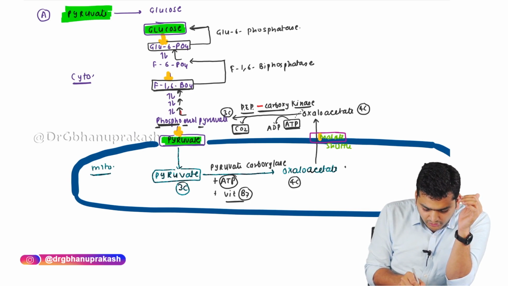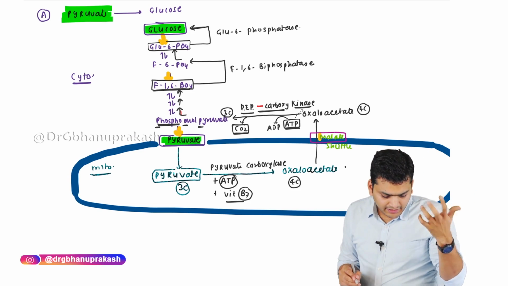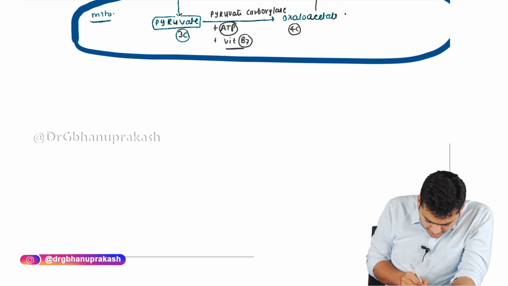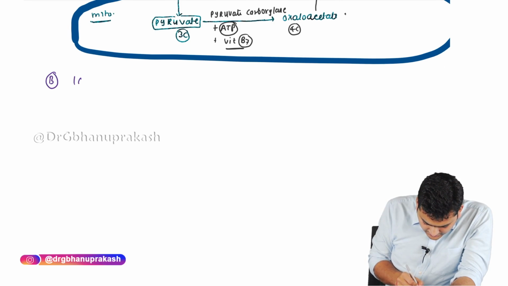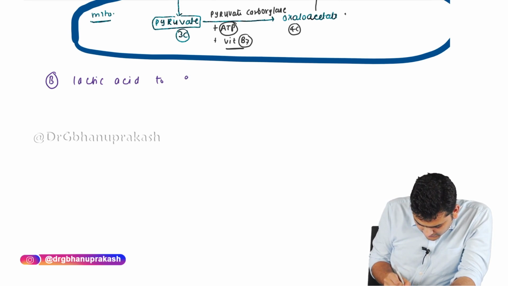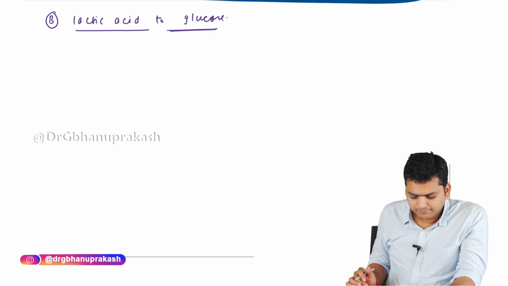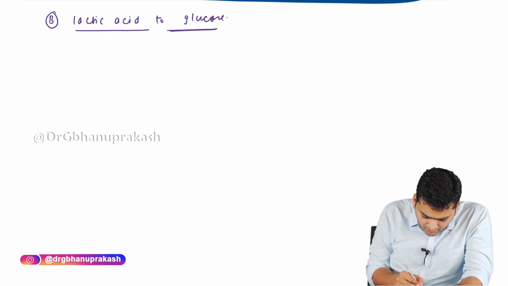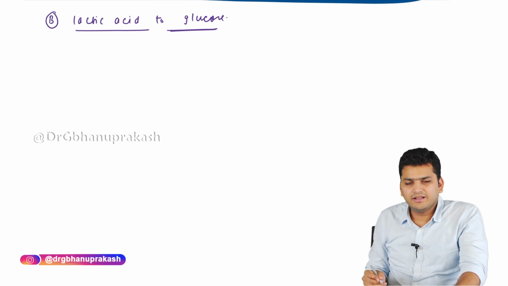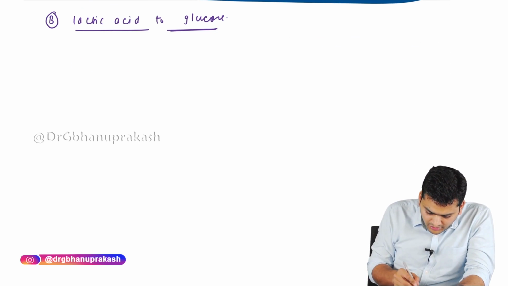This is the first substrate of gluconeogenesis. Let's see the second substrate. The second substrate that we are going to discuss is lactic acid to glucose. How is it going to be done? Let's first understand how the lactic acid is going to be generated. Lactic acid is generated in a way that, for example,